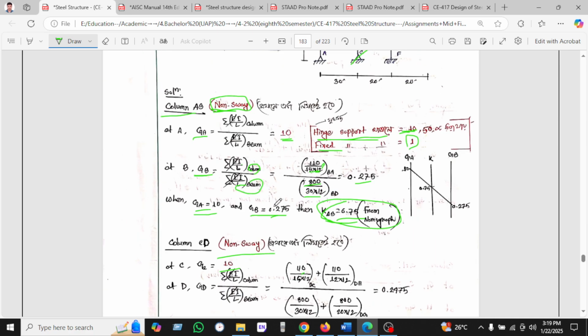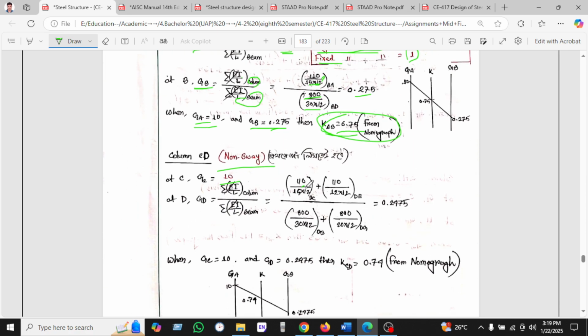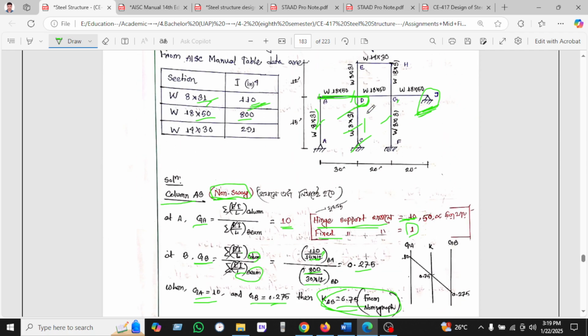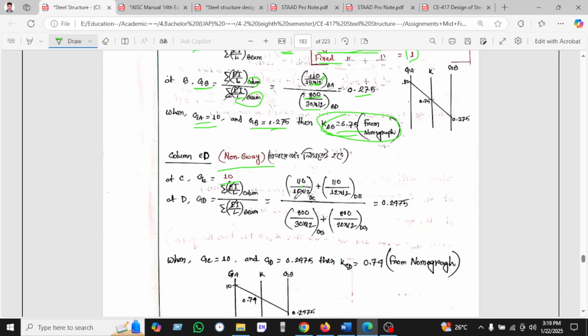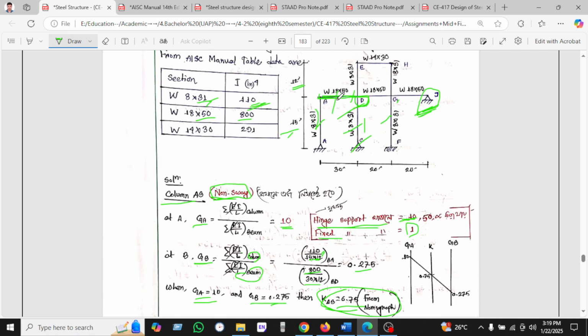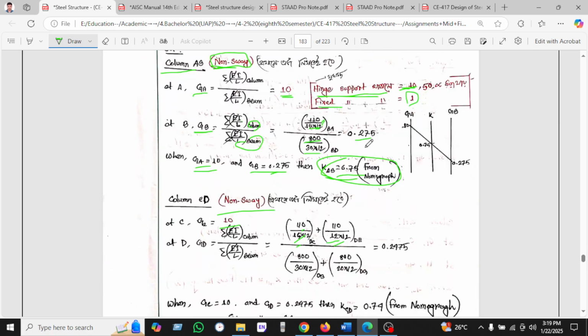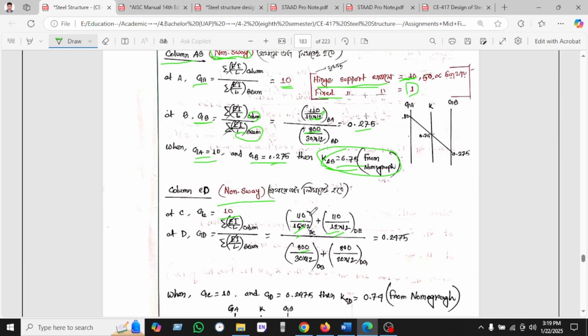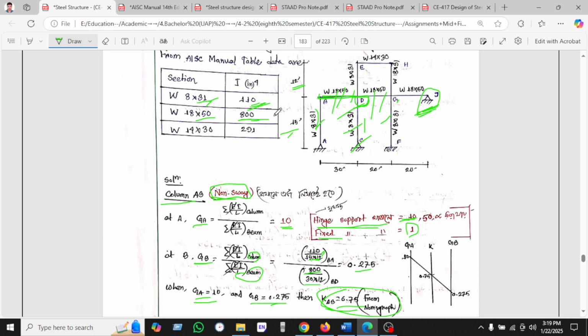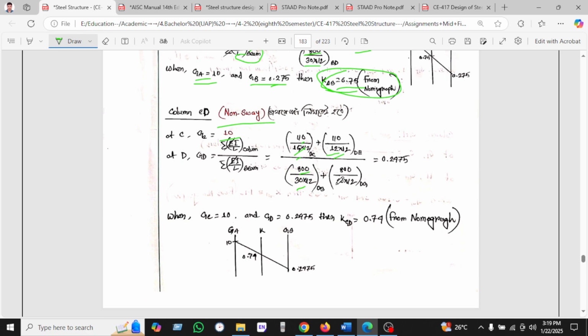So the I value remains the same, I 110 and 110, and the height is different. We have seen CD height is 15 and DE height is 12. So 15 and 12 are given. On the other hand, we have seen two beams, beam 1 and beam 2, given here. So I is 800, the moment of inertia is given, and the lengths are 30 and 20. So that's why we have used 30 and 20 and found